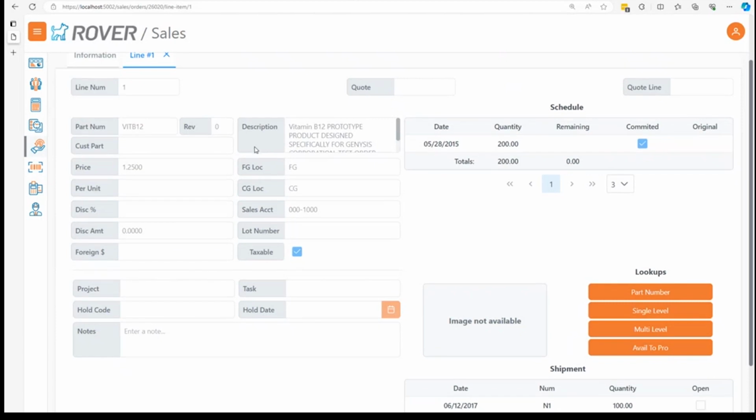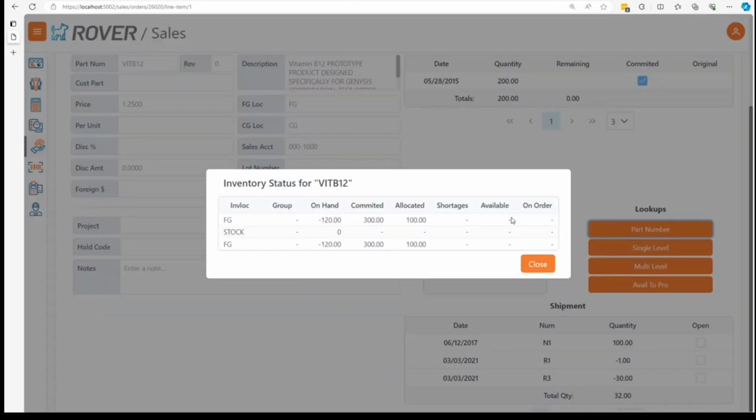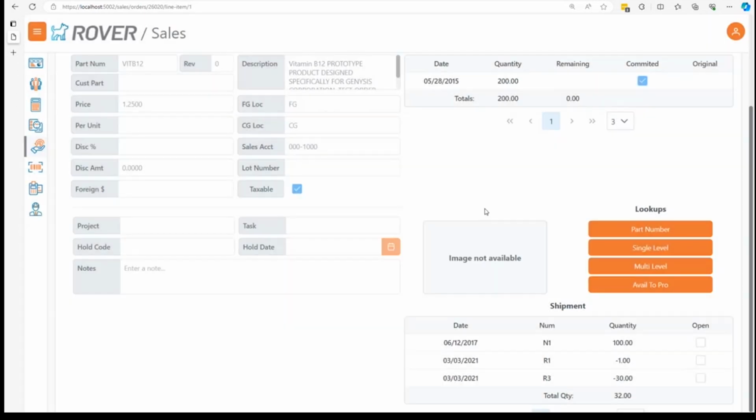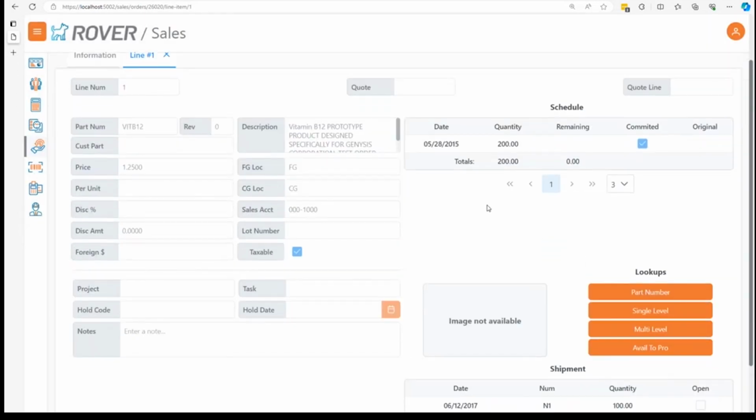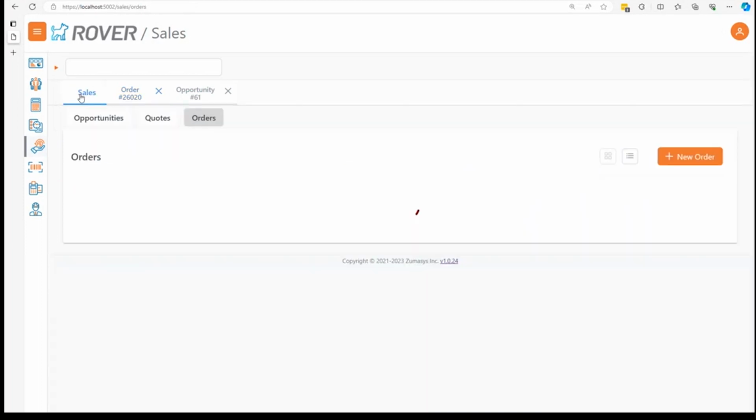Not everything is currently viewable. We're still wiring this up, but soon you'll be able to see the image, and then you can do part lookups, and then you can see all this information that would be similar to the desktop ERP system. But that is just some of the parts that we've done. Some of the new things we've done is if you create a new order,